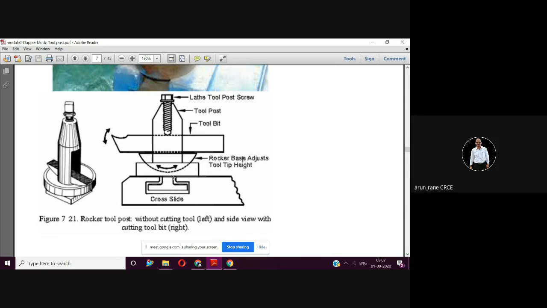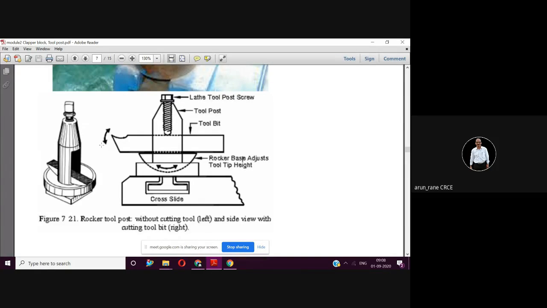Now this particular wedge is also called the Woodruff key, if you remember from machine elements. This is used for adjusting the center height, this point. This point has to be adjusted with the workpiece center line. See, the workpiece is round like this. Look at this cursor.